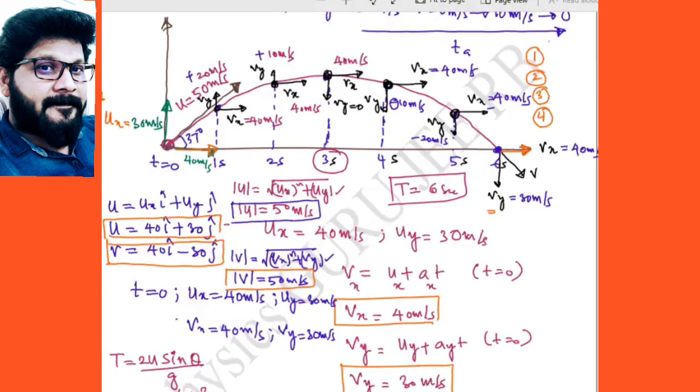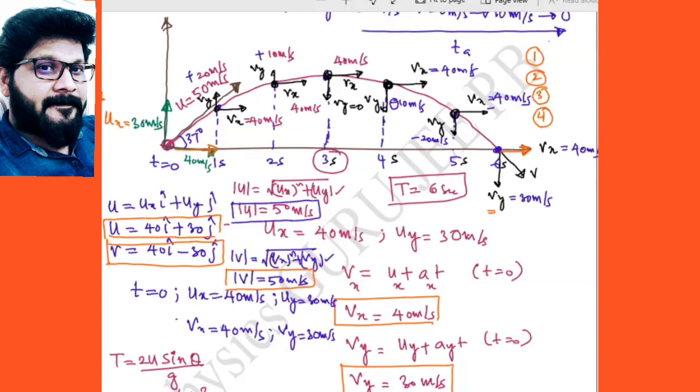Now try the same question, but calculate the displacement after 2 seconds of its projection. As homework, you can do the displacements at T equal to 0, 1 second, 3 second, 4 second, 5 second and 6 second. After 6 seconds, the horizontal displacement is what we call the range. You can verify that there. Now, after 2 seconds, what is the displacement? What is its magnitude? Or express it in vector form.